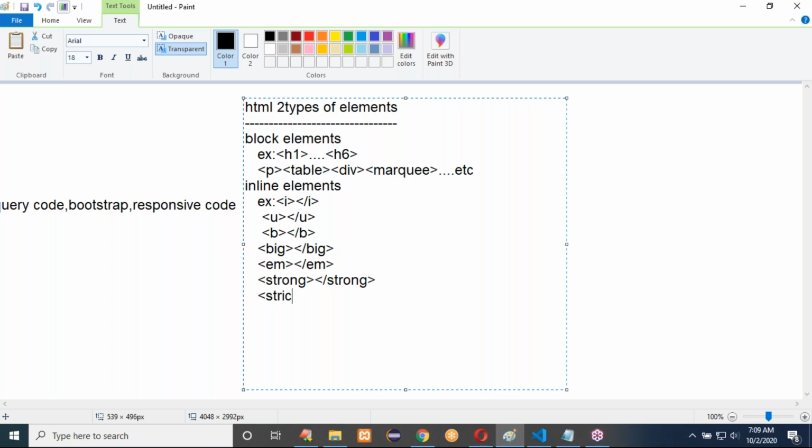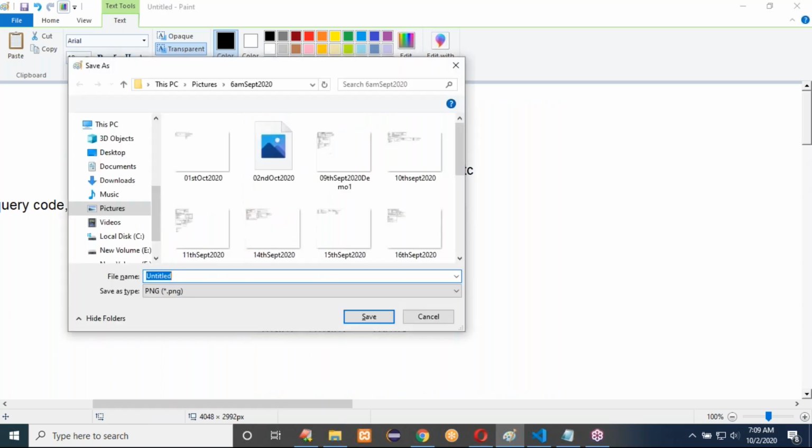And the strike tag is used to display the strikeout content. Strikeout content we can show to the user using the strike tag. Okay. Next, mark tag and span tag. Span tag will highlight the content, and mark tag is also used for highlighting the content. This mark tag comes under HTML5. This is added in the HTML5 version. Okay, remaining all are HTML4 and some are outdated.